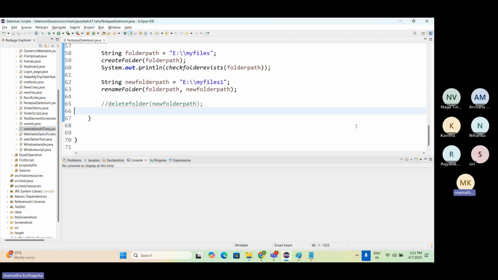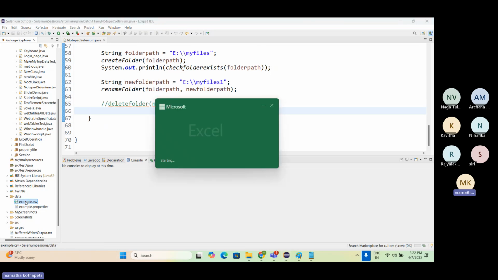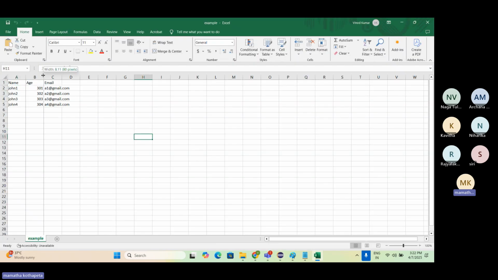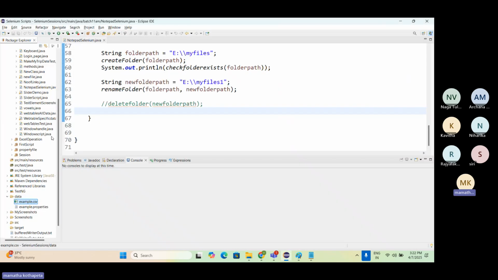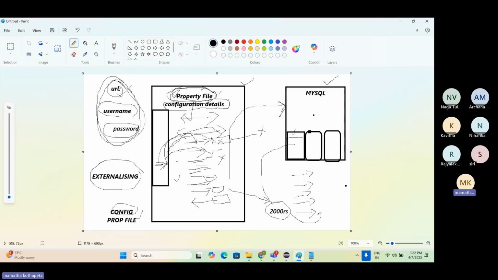all you need to do is go to that property file. For example, in our case, we have stored screenshots, right? Now, for example, with a CSV file, if I want to change the data, I can open it here and change the data. So instead of opening that Excel sheet and opening the script and changing the data, I can just open the configuration property file, which is stored somewhere in the project path,